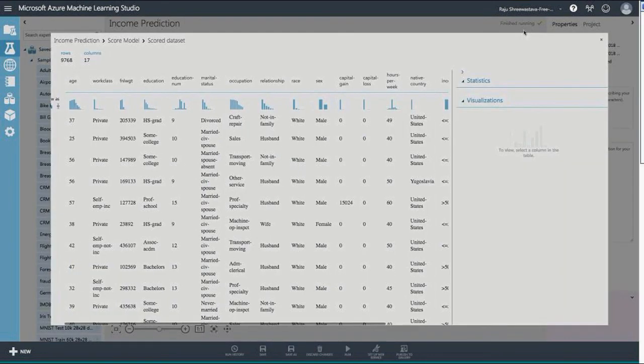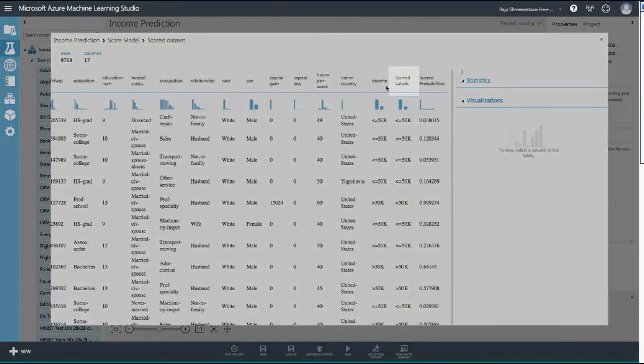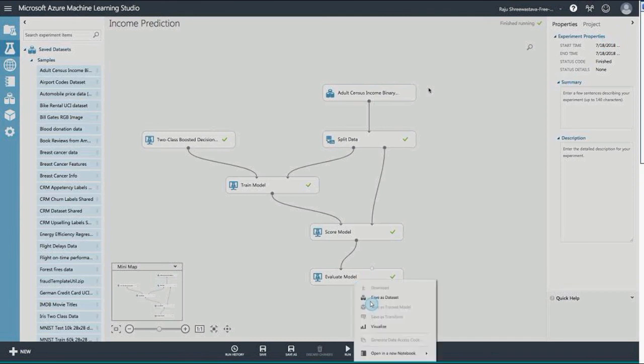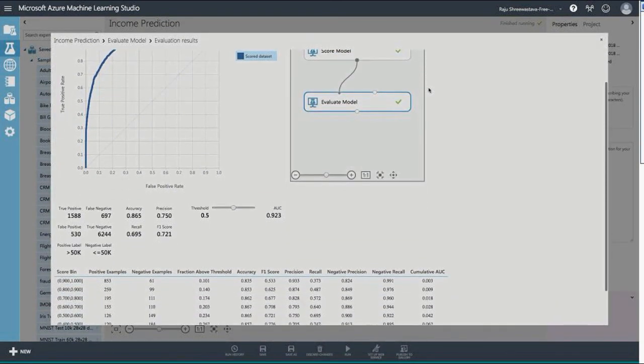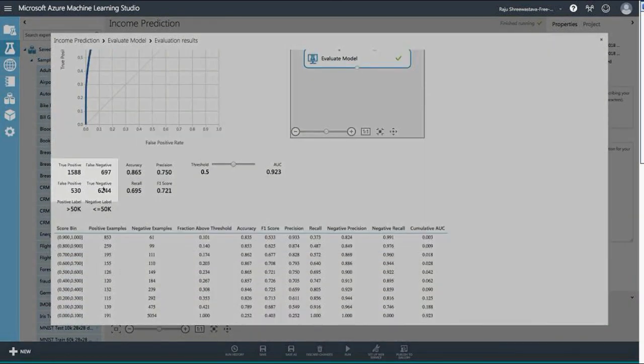So then we can visualize and see, oh, this was the real income and what our answer is saying. And what's the probability? Because we're never always going to say this is right or this is wrong. We're saying this much percentage of chance or not. And it typically, I'm now going to a little bit of jargon, it results in these 4 things: true positive, true negative, false positive, and false negative.